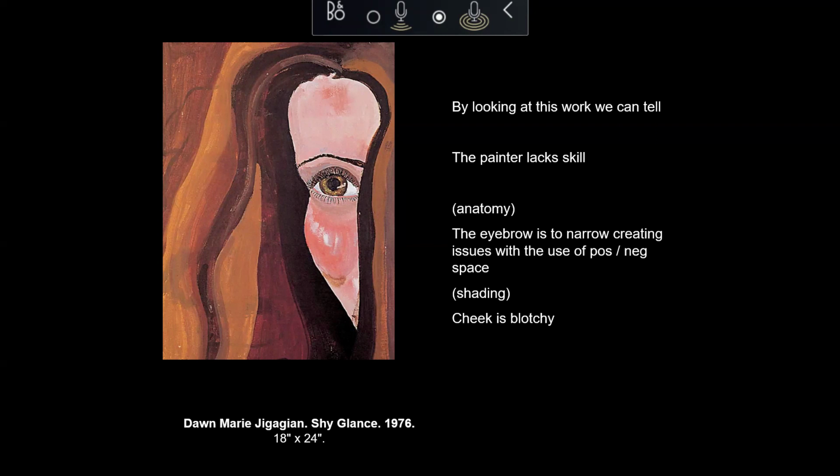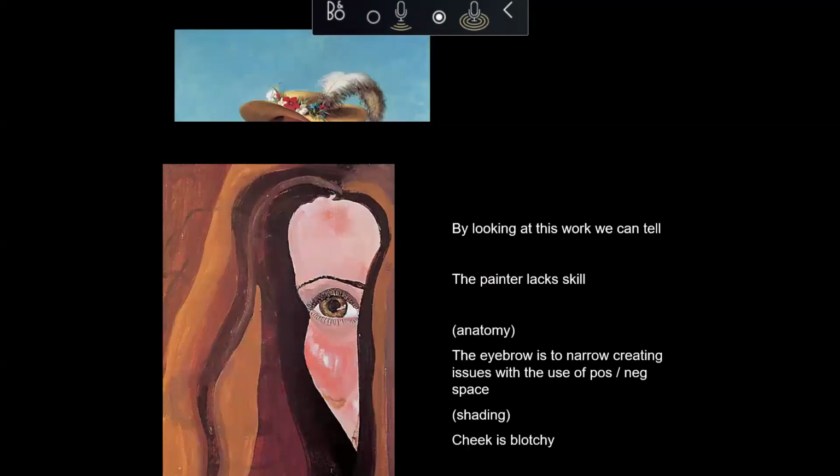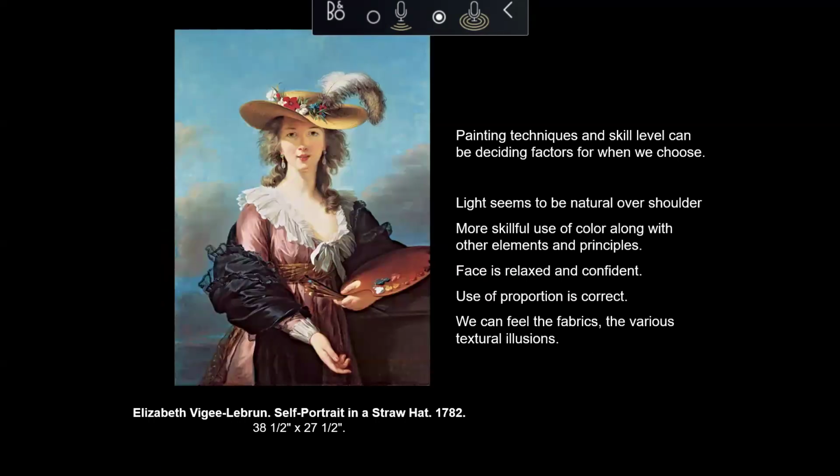But this work isn't so much about having it look realistic in regards to every fine detail like a photograph. Okay, but the eyebrows narrow, creating issues with this kind of positive negative space. We're not even sure if it's the left eye or the right eye. The cheek is splotchy, right? And so when we look at this work in 1976, Shy Glance, compared to Vigée Le Brun's self-portrait of 1782, most